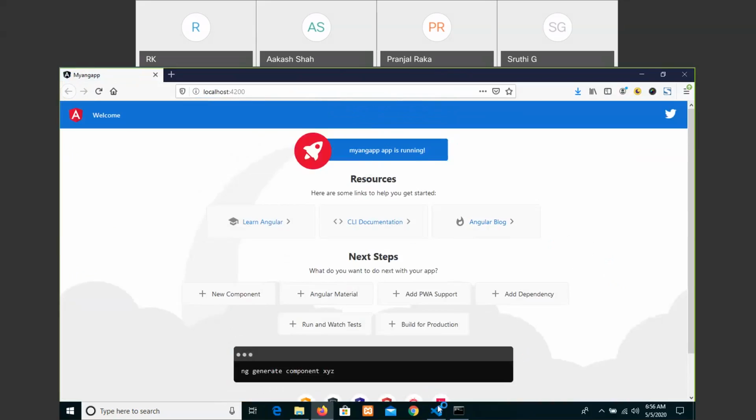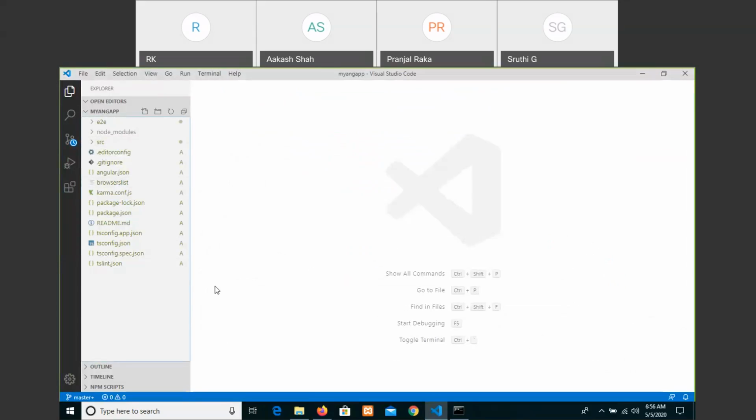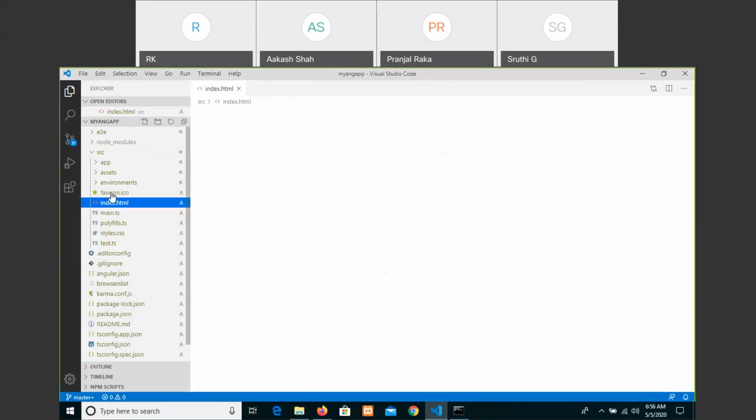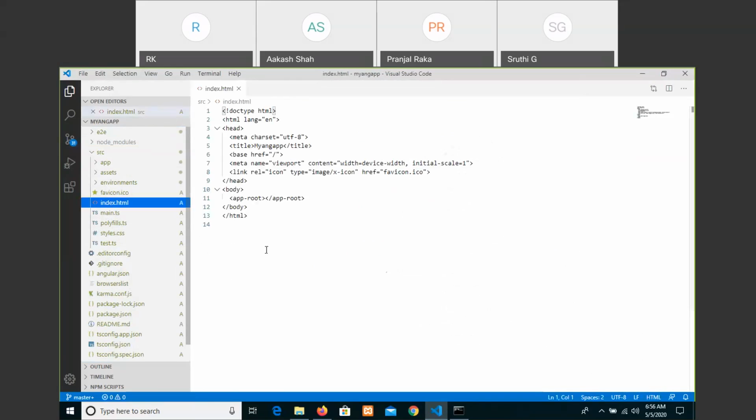Let us start. From where are we getting this file? In the src folder, we have index.html, and at line number 11 there is app-root, showing something in a declarative syntax of the same HTML format.